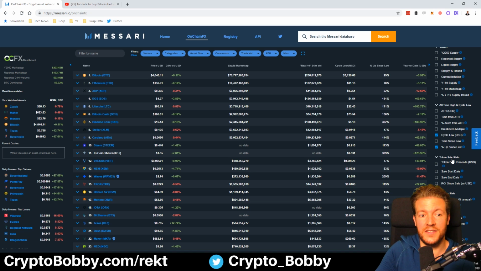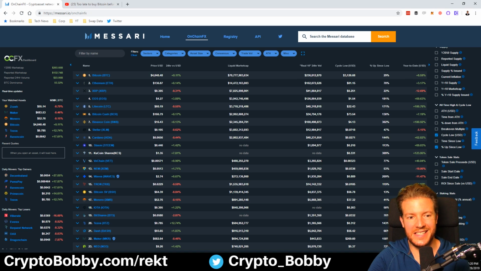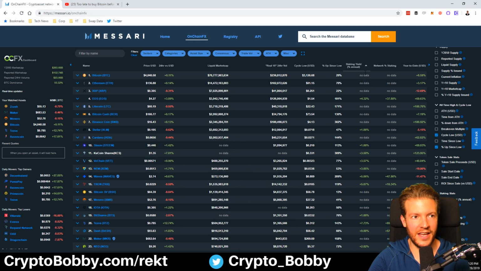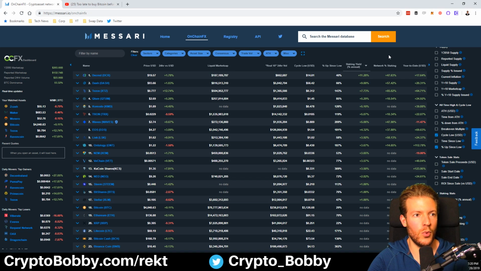Well, Messari has an option for you to select to get data points to see staking yield, as well as the percentage of the network that's staking. So right now, let's say you want to look at only large and medium cap, so anything over $100 million in market capitalization, and you want to find something with a staking yield that looks attractive to you. If you go ahead and do that, you can see that right now, Decred is staking. 47% of the network right now is actually staking. So almost half the network, pretty incredible.